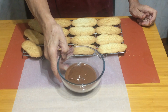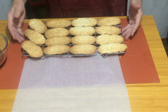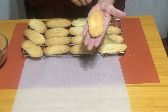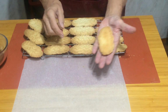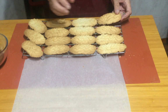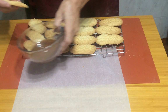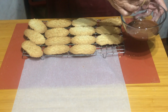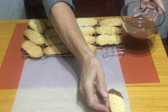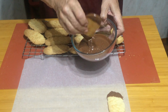Now I've melted some chocolate here in this bowl. I just melted it in the microwave, but be very, very careful. Now what you can do to decorate these, if you wish, you can take one biscuit, spread a little bit of buttercream in there and place another one on top to make a sandwich. I don't do that. We never did that in the bakery. All we did, we made them like this and then we took them and dipped one end in the chocolate like that and another end in the chocolate like that and just left them there. Show you again. Chocolate, chocolate,